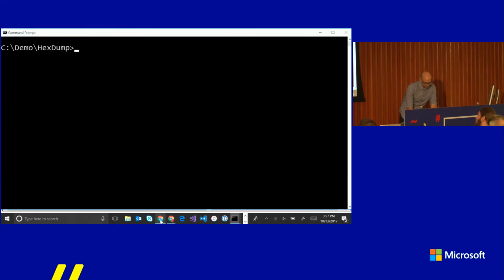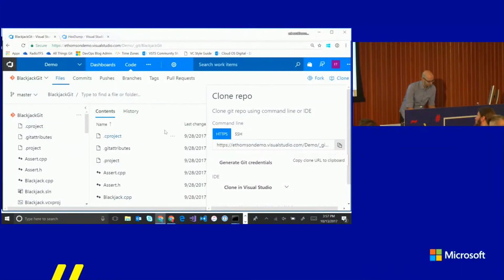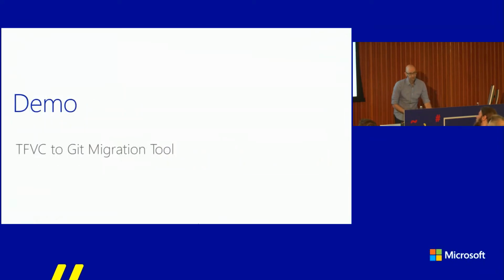Now, of course, if you're not coming from TFVC, this import tool is perhaps a little bit less helpful. However, it's very straightforward to also just do a very simple tip migration manually. Once you've got a Git repository from your existing code base,